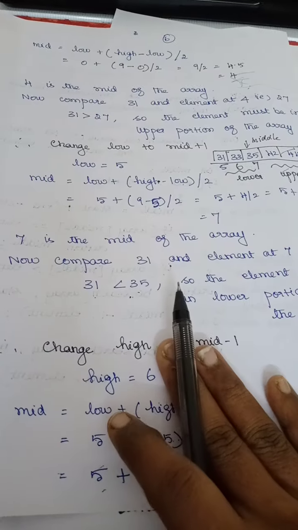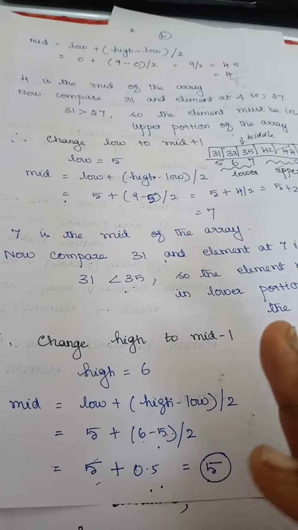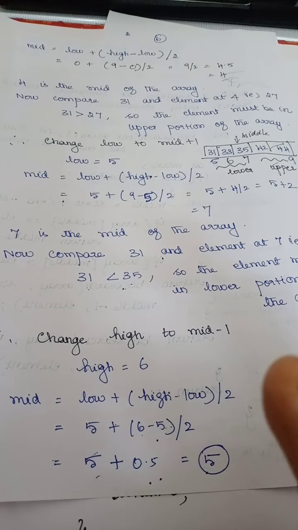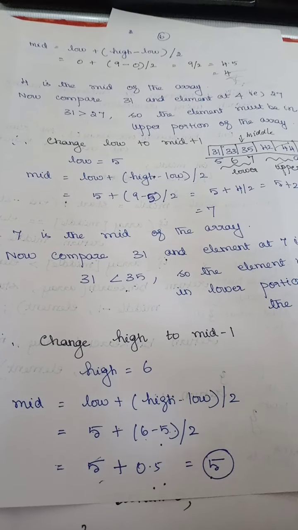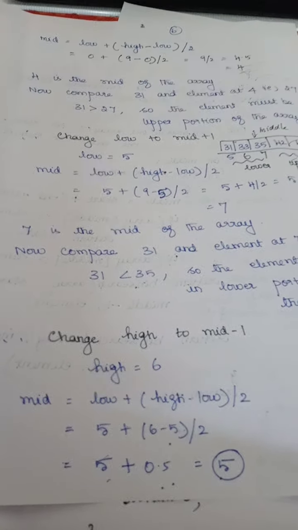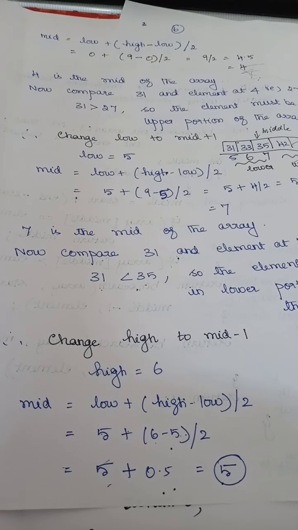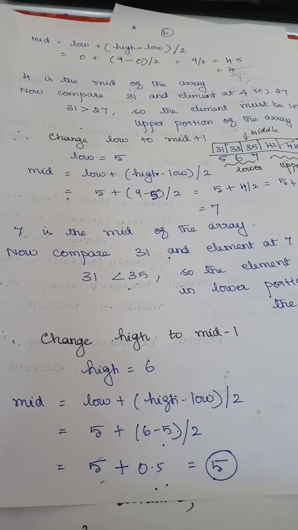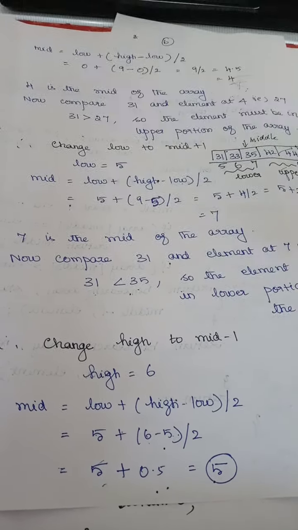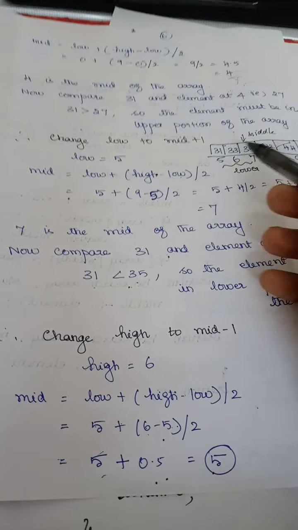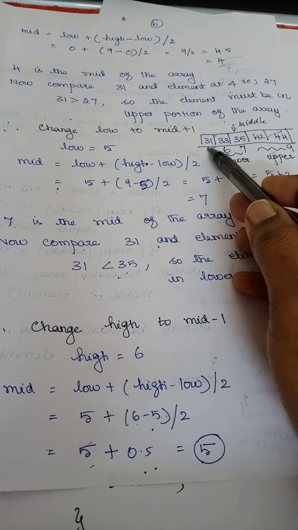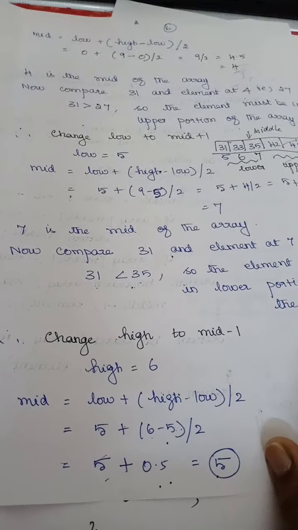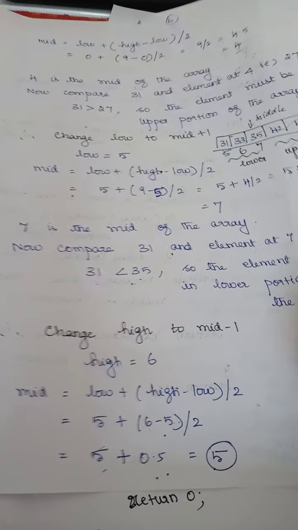So what is the thing you should know? Find out the middle element. If my element is less than the middle, then I should go to the lower part of the array. If my element is greater than the middle, then I should move on to my upper part. Is that clear? This continues until my array size becomes 0. Here I have only 2 elements, my middle is 31 and this one, so here it is going to be the end of the search.